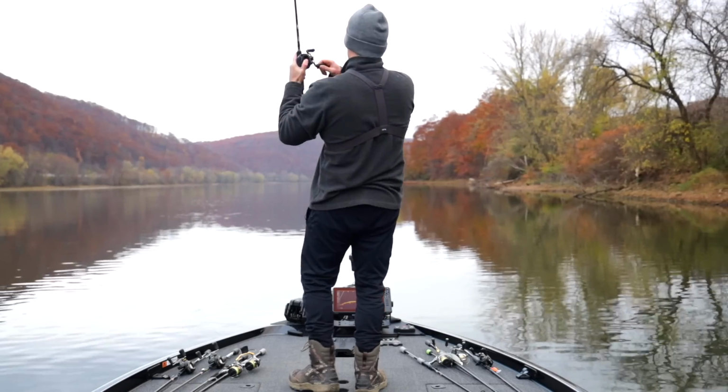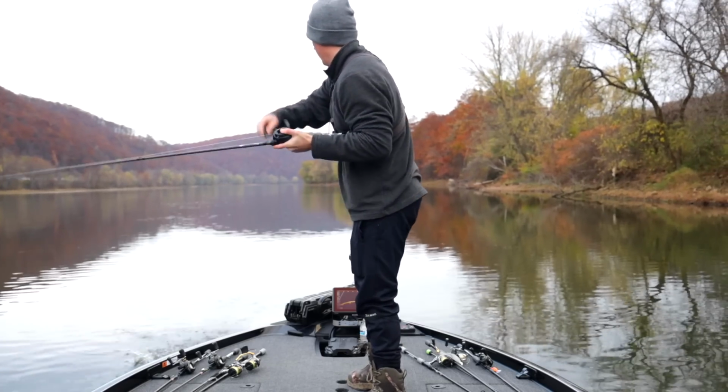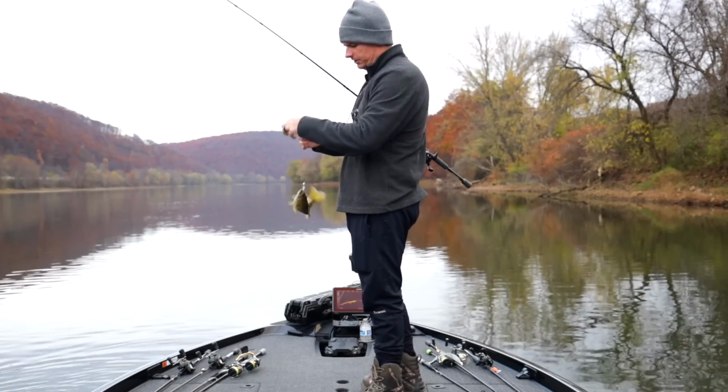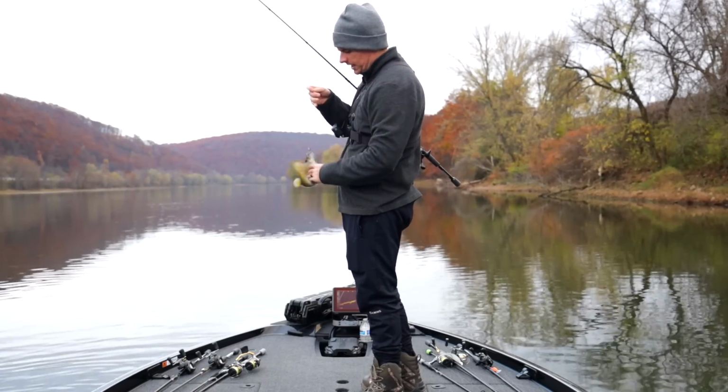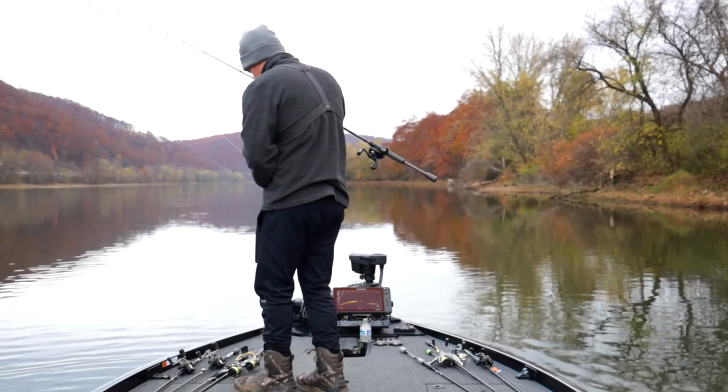Oh, that was not a, nope, that's a fish. He's little. I did not think that was a fish. Basically, they're sitting there trying to feed up as much as they can, and you can see I'm literally on spot lock. I caught 3 in a row off the same thing on spot lock